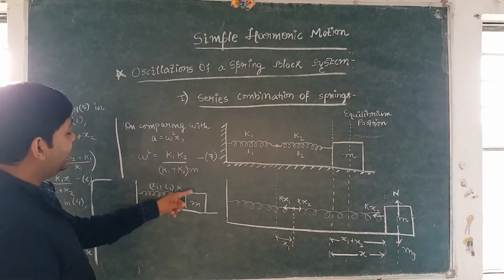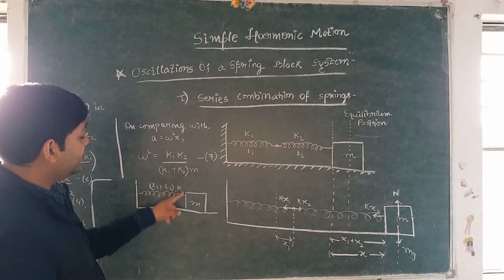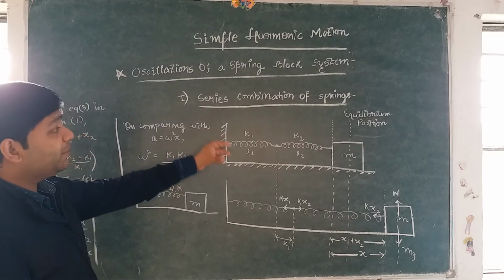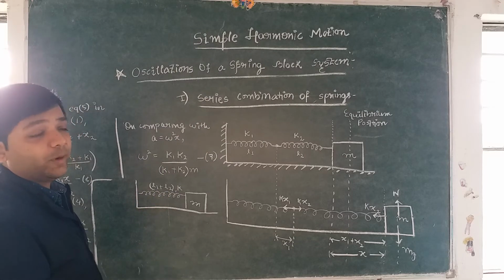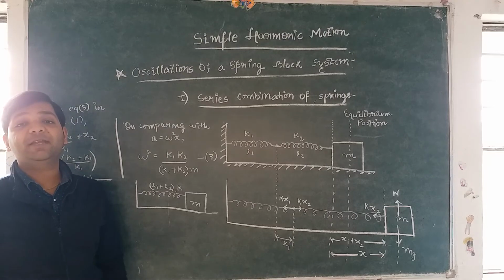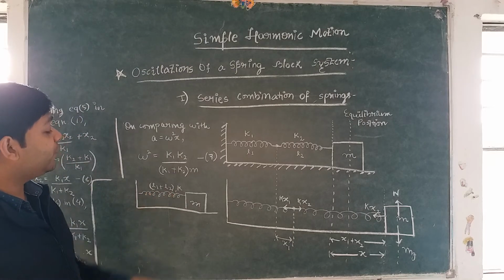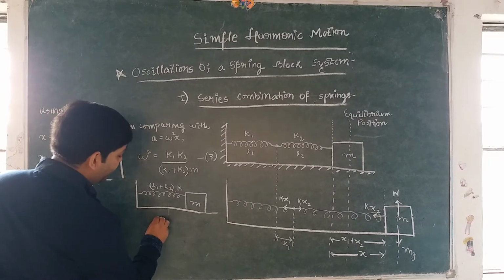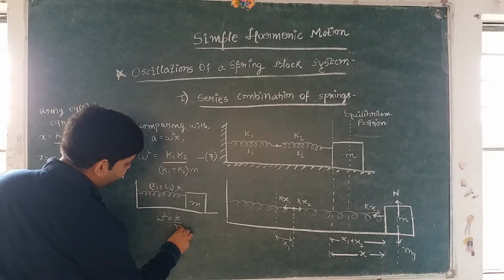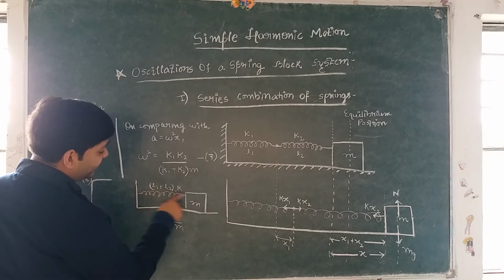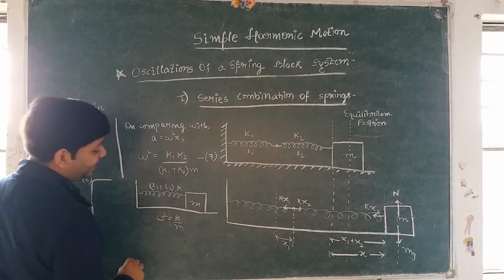So now if we see what will be the time period of this spring mass system. If you remember the last derivation that we did, then what is the value of omega square in that derivation? Please refer to your notes and tell me what will be the value of omega square from that derivation. The value of omega square was K by M, right? Where K is the spring constant of this spring, and mass M is this mass M attached to the spring.